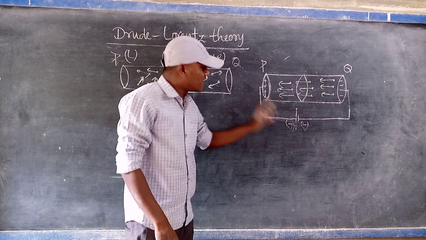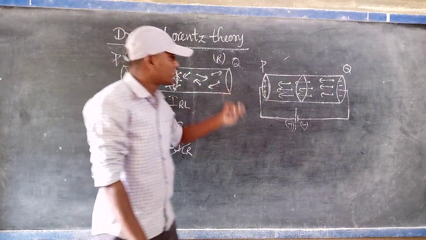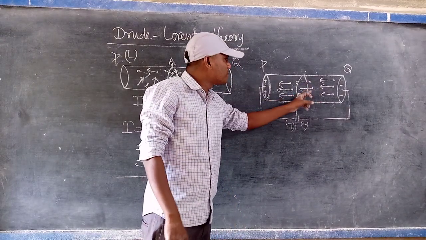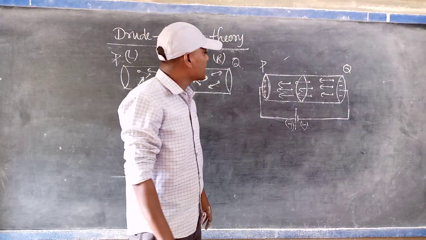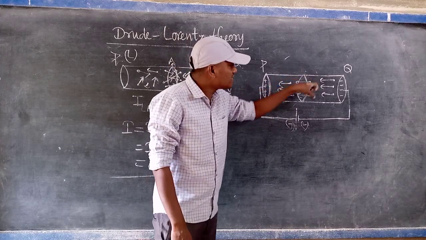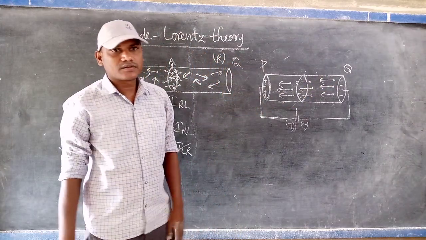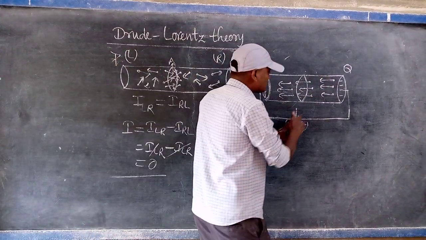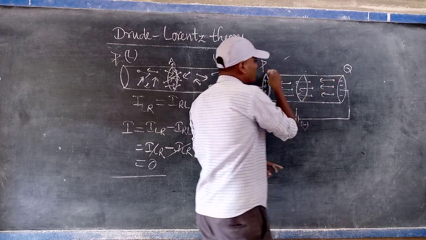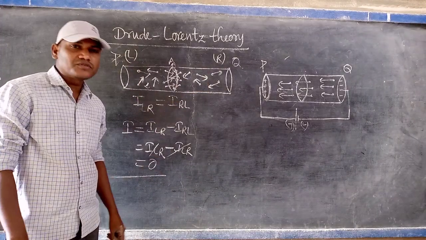But when the two ends of the conductor are connected to the opposite terminals of a battery, we can draw this diagram and explain. On the electrons, two forces act simultaneously: one is the repulsive force, another is the attraction force, by the positive and negative charges created at the free ends. That's why electrons are set into motion in only one direction, either left to right or right to left. If the positive charge is connected on this side and negative on this side, then electrons move from P to Q. According to this, Q to P, electrons are set into motion in only one direction. That's why current passes through the conductor.